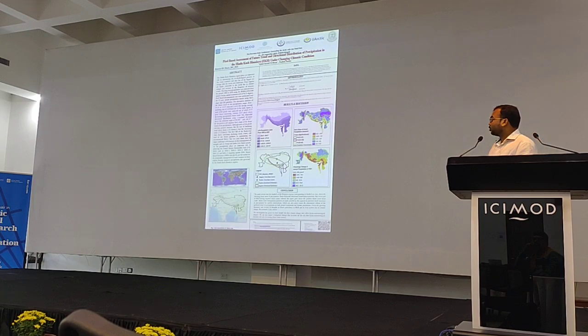Overall, these studies are really helpful to achieve the United Nations Sustainable Development Goals, whether SDG 1, 2, 3 and 6 or 13, 14, and more or less all of them.